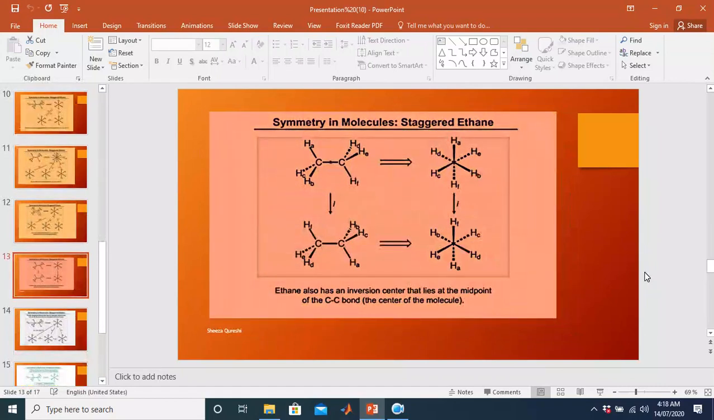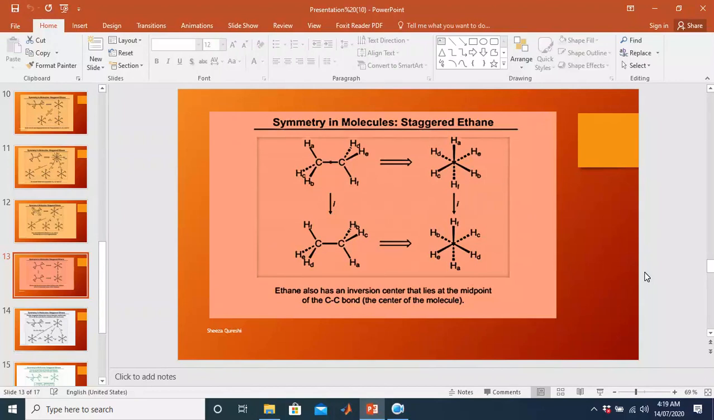Inversion center: whether it contains one or not. We take the central point in the molecule and then we check by traveling on both sides opposite to the center. If they have the same atoms on opposite sides, then there will be an inversion center, and there will be an inversion operation as well. Ethane also has an inversion center,